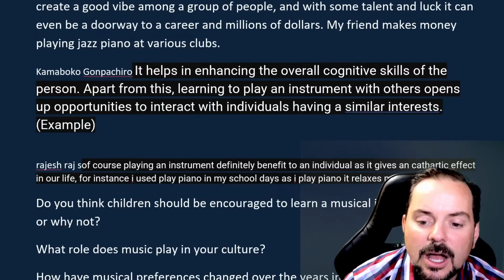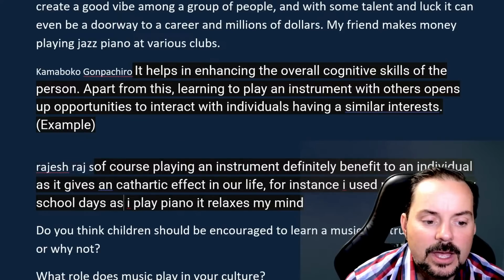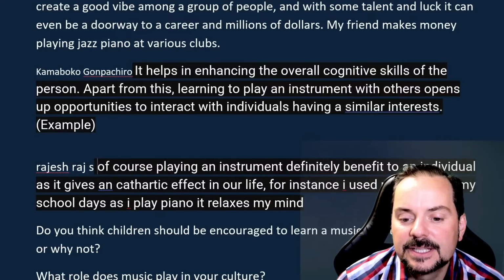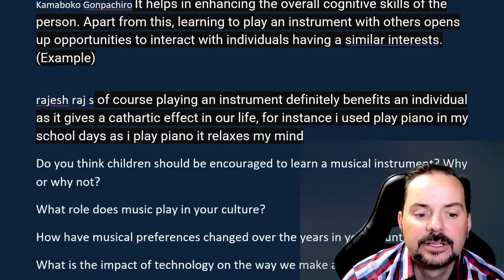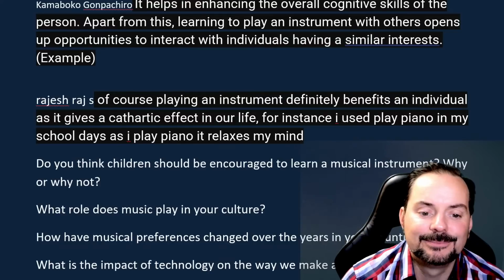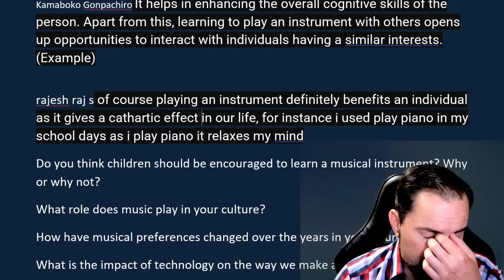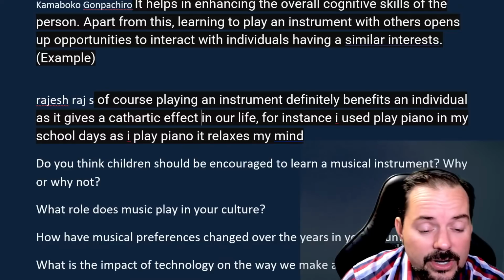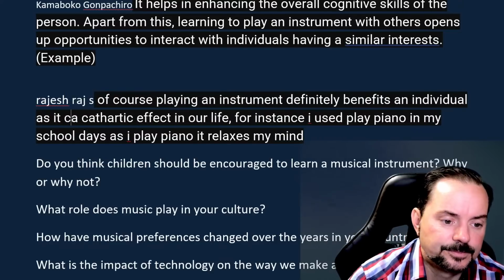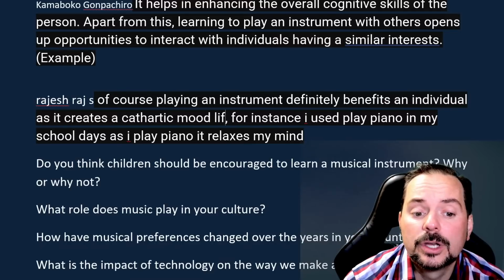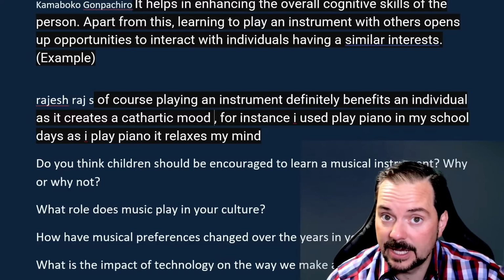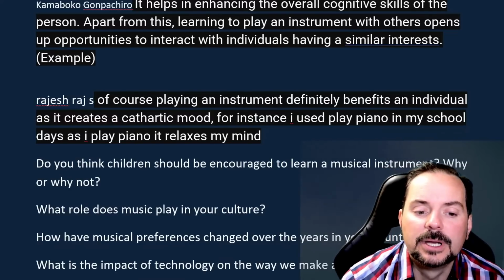Okay, so going back to this question, Rajesh, here's your answer. Of course, playing an instrument definitely benefits an individual as it gives a cathartic effect in our life. It gives a cathartic, that's not the right way to do it, Rajesh. Let me think about that. It gives a cathartic, it creates a cathartic mood. Okay? In our life is not good English, okay? In our lives, plural, our, many, us, lives, so that's incorrect anyway, but it's better to write it like this,